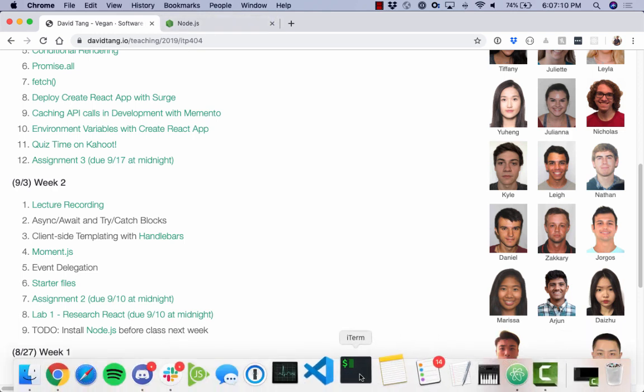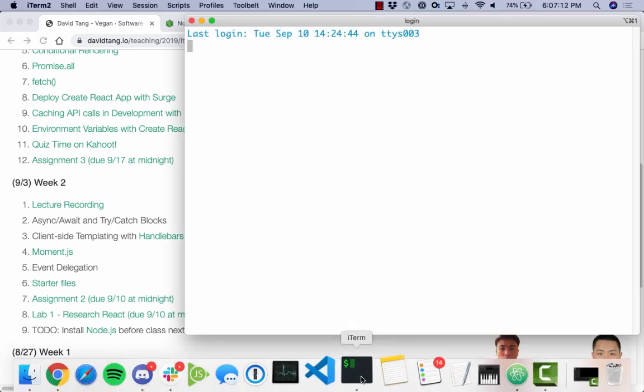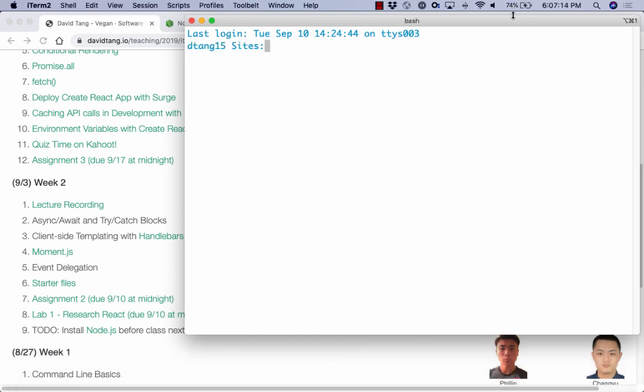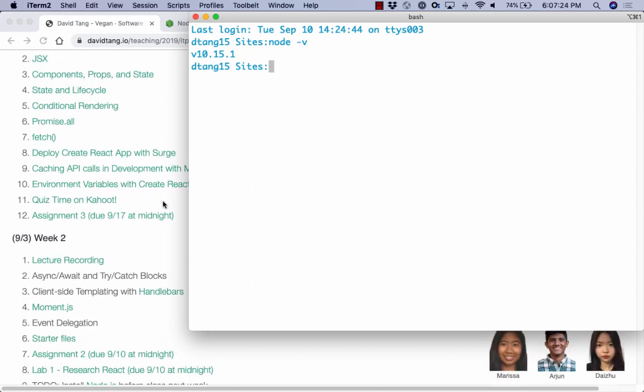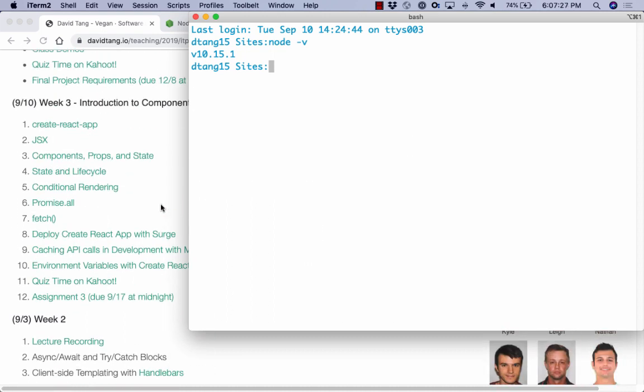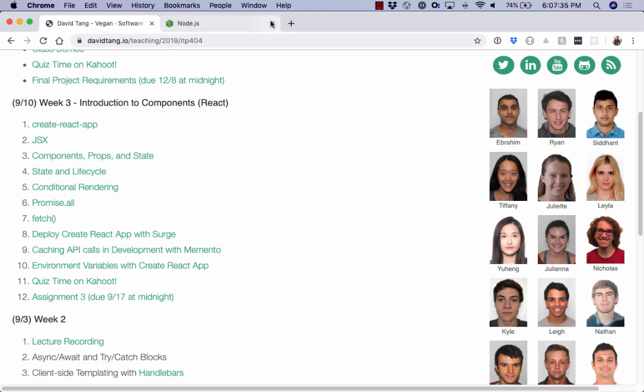And if you already, does anyone not have it installed? Oh, cool. Okay. So hopefully you just go to your command line and say node -v, and you'll see some version, hopefully 10. Okay, so